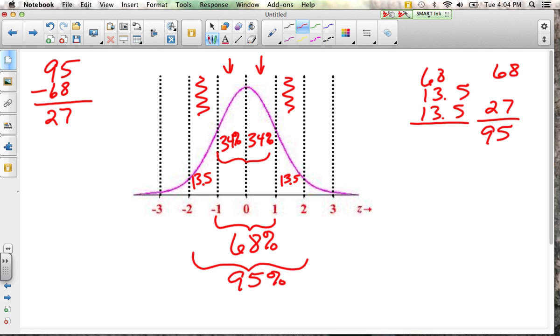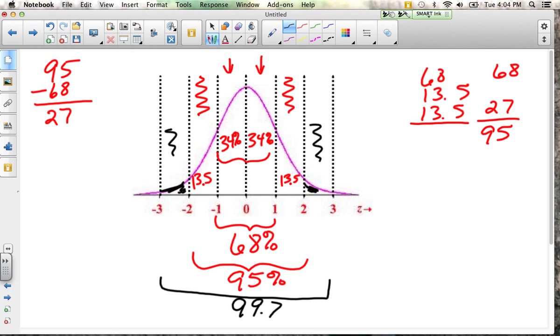Now, we've already used 95%. All right? What I have left is from here to here, and that is my 99.7%. Now recall that the area under the curve is 1. The area under a density curve is 1. That's what a normal distribution is. It's a density curve. So if I have 99.7, that means this area and this area, this area underneath the curve right here,